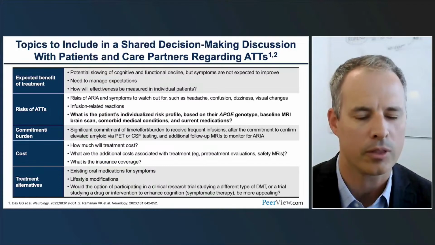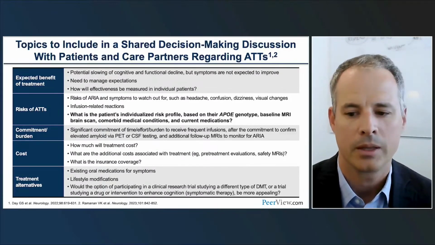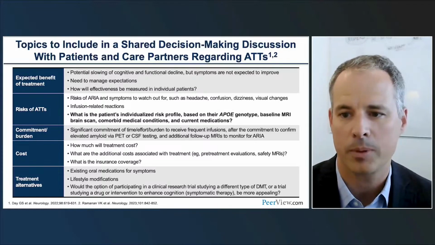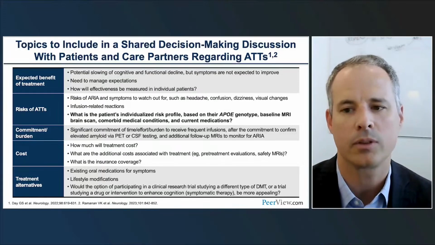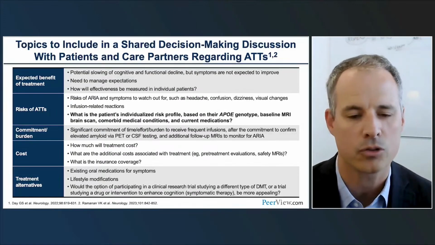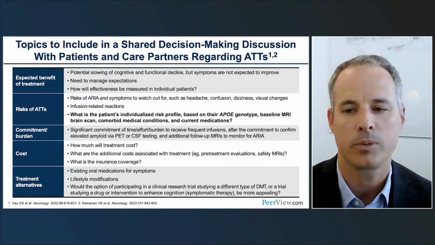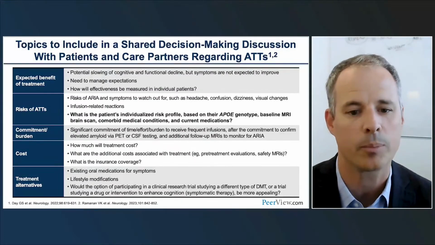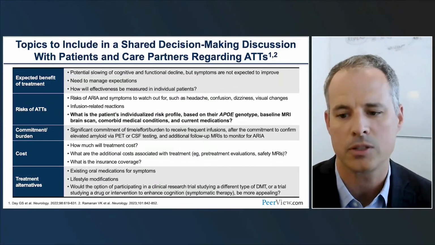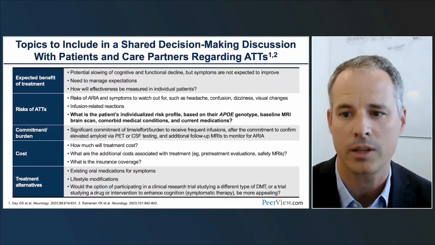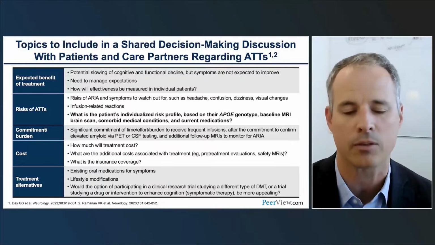I think this other part, the commitment and burden, is maybe just as big for a lot of patients. This is not an easy therapy. These drugs require frequent infusions. You have to live near an infusion center or travel to an infusion center on a regular basis. You have to get MRIs. You potentially may have to get a lot of MRIs if you develop ARIA. There's a lot involved here, and patients need to consider, do they want to take on all that burden in their life or not? And their family members who may be driving them back and forth, do they want to take that